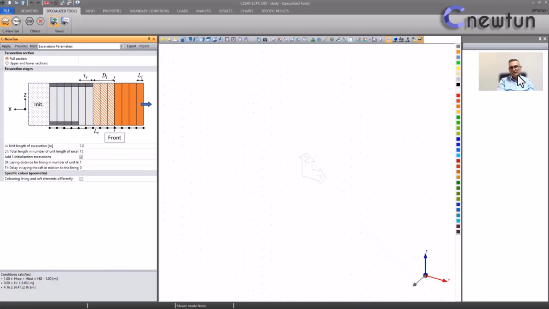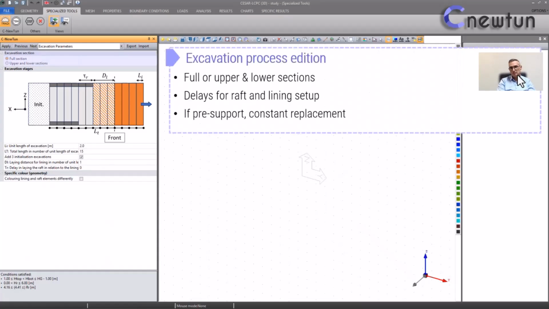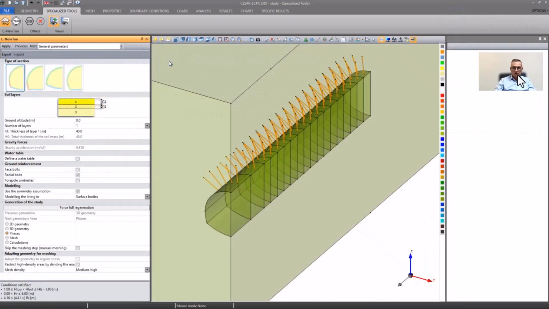So next step after this is the definition of the excavation. The excavation can be either performed by full section or by upper and lower section. Also, the user can define a delay for the raft and lining setup. So coming back to my model with radial bolts, I will now define the phases. I just apply, and you see in a few seconds I'm generating all the